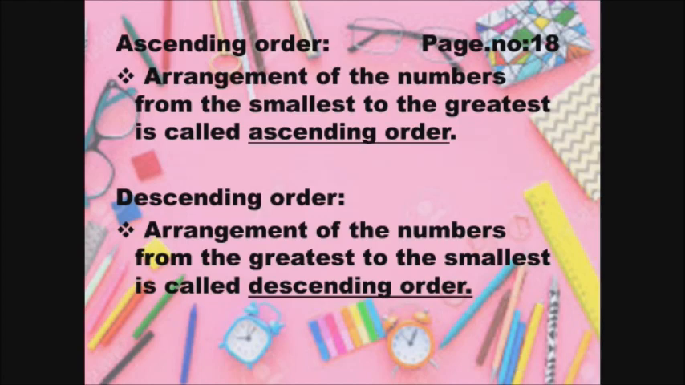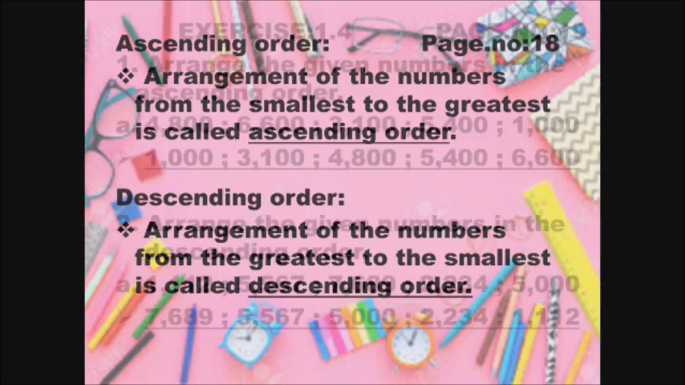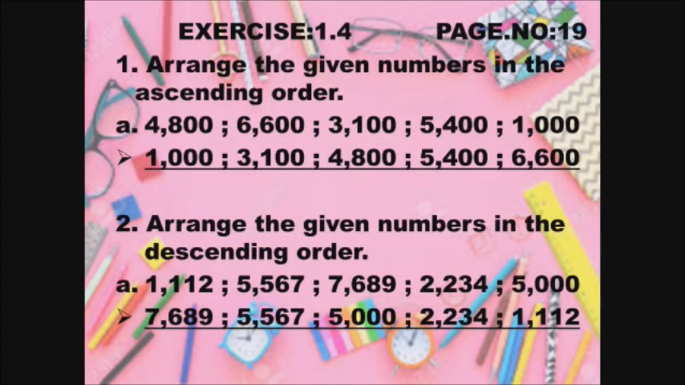Now we can see some examples or exercises for your better understanding. Here we have exercise 1.4 on page number 19. See the first sum. Arrange the given numbers in ascending order. What is meant by ascending order? It is smallest to the greatest number. See the first sum: 4,800, 6,600, 3,100,